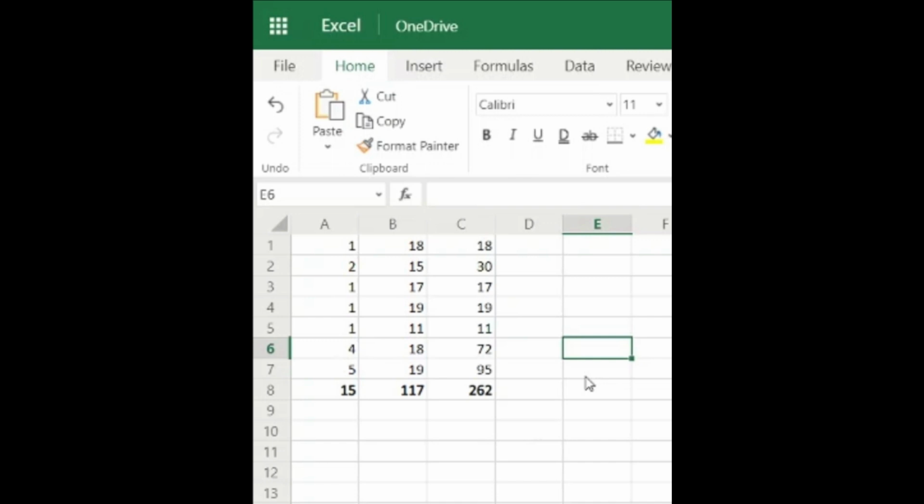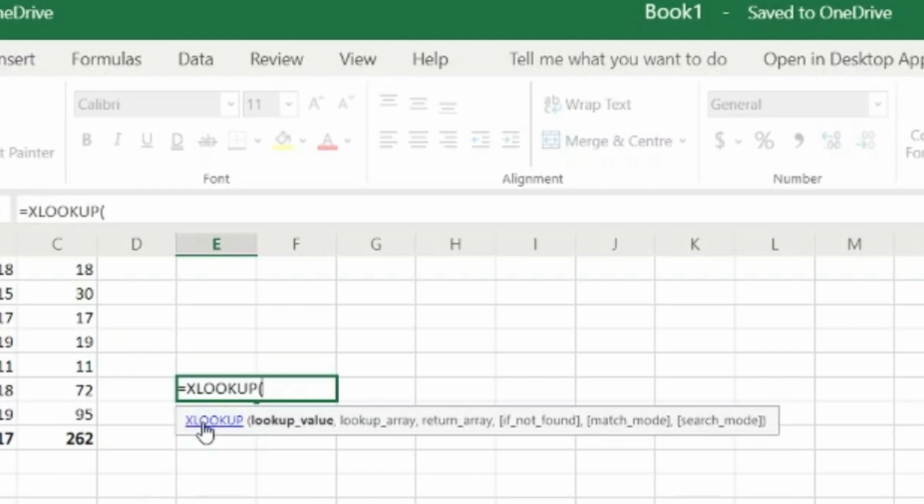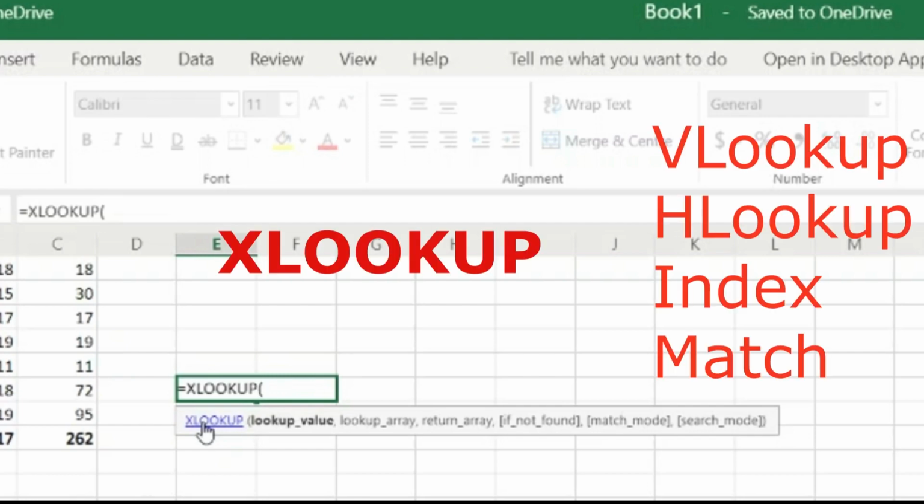And as of now, I don't think Microsoft has any plans to provide this formula in the previous versions, which is XLOOKUP. A lot of people are already using VLOOKUP, HLOOKUP, MATCH, INDEX. XLOOKUP is the successor for all those. XLOOKUP in itself is able to do a lot of things which you otherwise would require VLOOKUP, HLOOKUP, INDEX, and MATCH to do. So instead of 4 formulas, you use XLOOKUP.